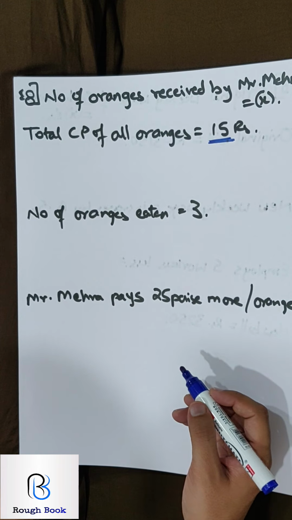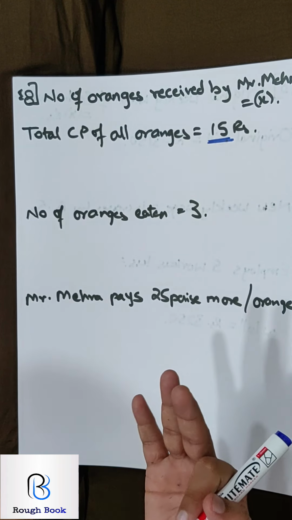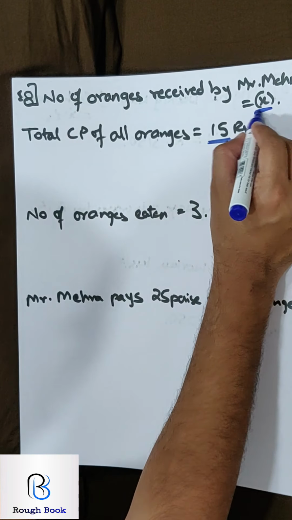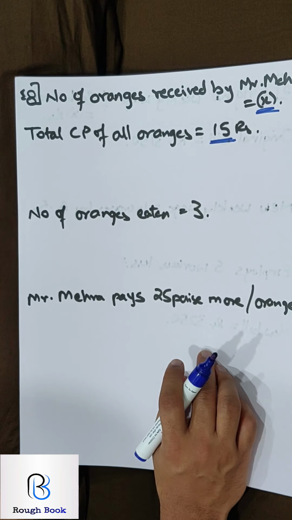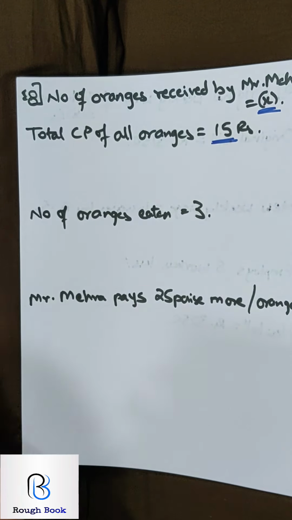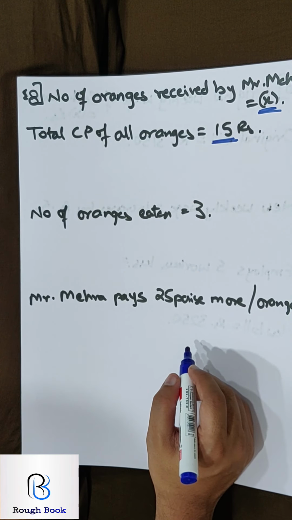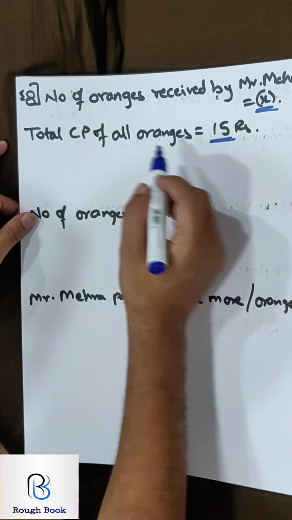The servant having eaten 3 oranges on the way. Now look at the servant, he is just like you. He's eaten 3 oranges and the remaining oranges he is giving to Mr. Mehra. Mr. Mehra pays 25 paise per orange more than the original market price because of the ones eaten. Taking x to be the number of oranges which Mr. Mehra receives, form a quadratic equation. So you have to read the entire question and then begin.